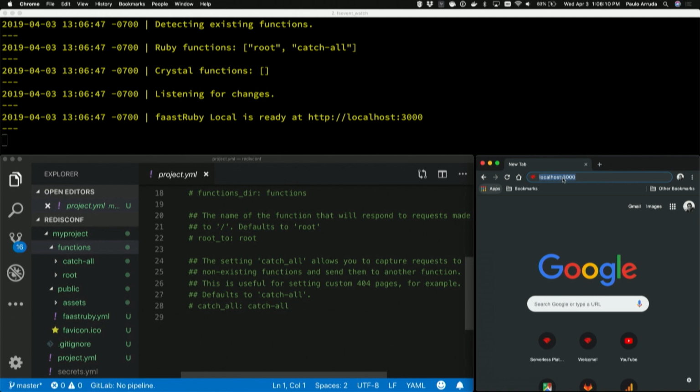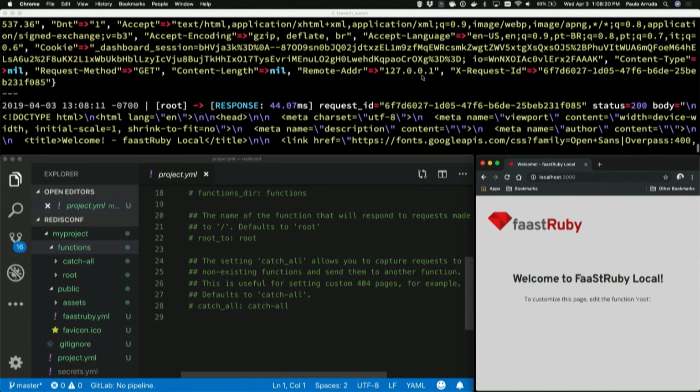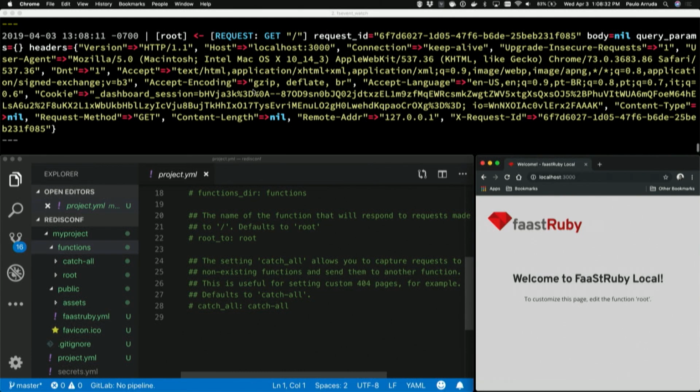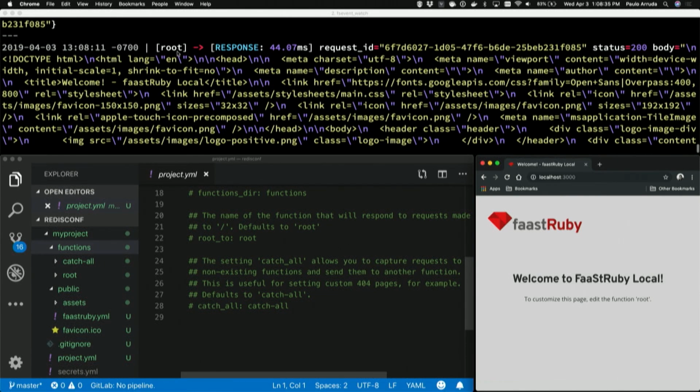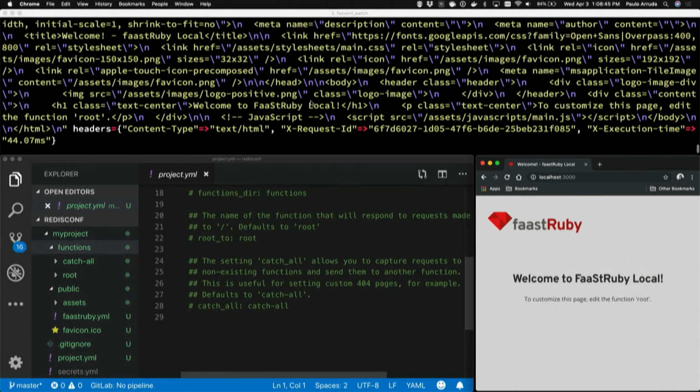So let's visit localhost here. Boom, welcome to FaaStRuby. Can you guys see? Yeah, right. Basically there's a little log here that I'm trying to make as easy for the human eye as possible, but there's still some improvements I could probably make here. But you can see that there is a request to the function root, then the data that was passed, and then it responded, and how long it took to respond. It's funny, because locally that takes way more than in the platform. This is something I'm still trying to improve, but it's still pretty fast.